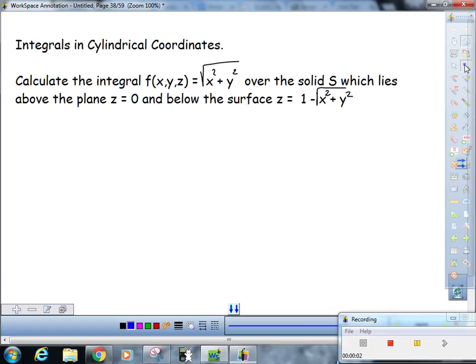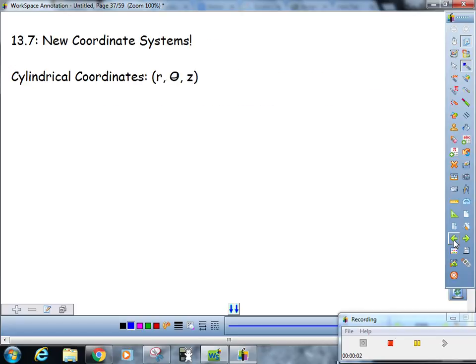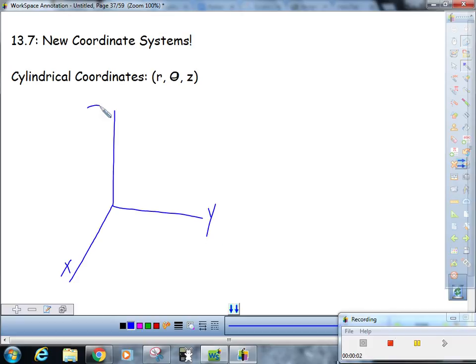Cylindrical, no big deal at all, okay? Let's go back one. So it's all cylindrical is polar with a Z. Okay, that's all it is. So just remember that in 3-space, we have to go back to the basics here. It's a right-handed system. That's X. That's Y. Down on the XY plane, we just change that into